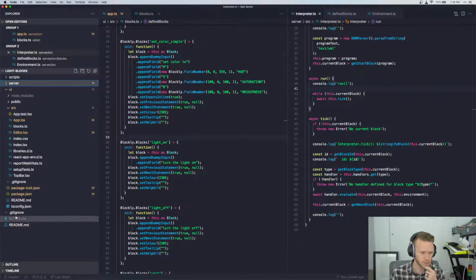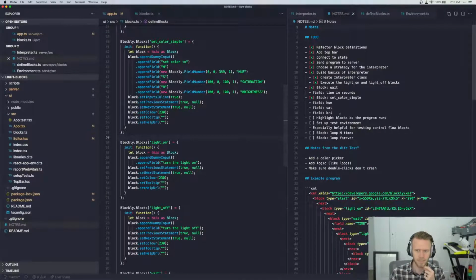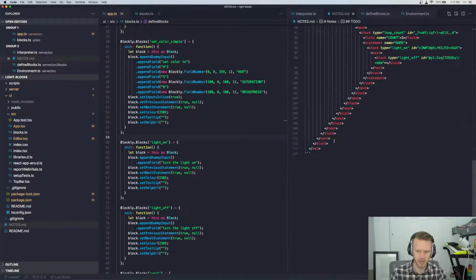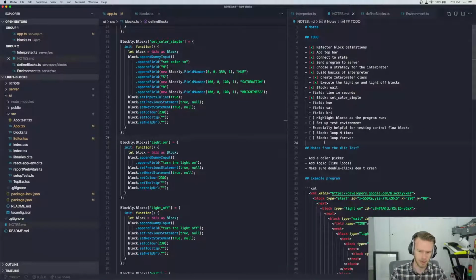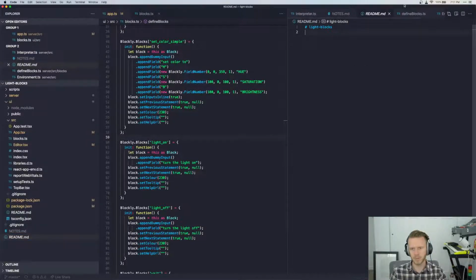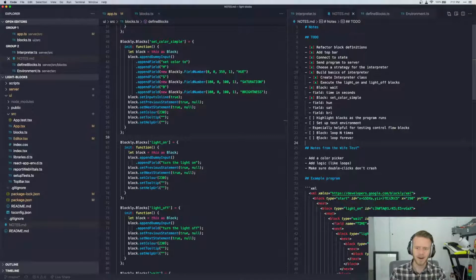So let's see, let's pull up this file. This is a fun little life hack that I like to do. You'll notice this is a file just called notes.md. I didn't want to check it in because it's just my little scratch pad of stuff that I'm currently working on. So I'm keeping it separate from the README, which by the way needs some instructions later. But you'll notice I've got this kind of to-do list. So you'll notice we've got this queued up, like highlight blocks as the program runs. To do that,